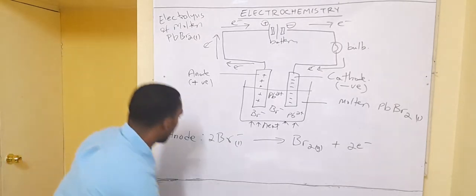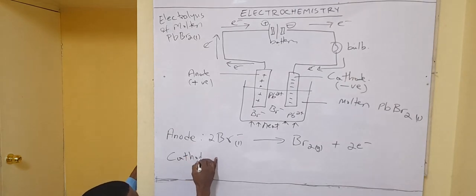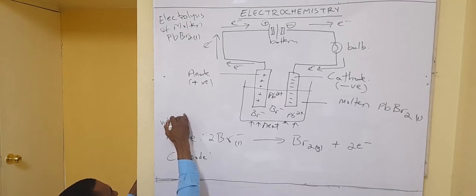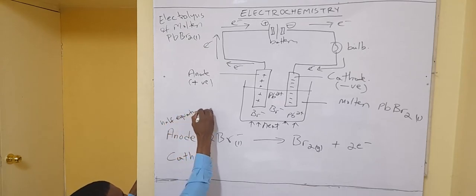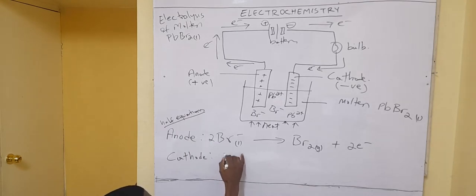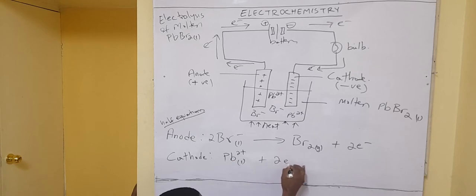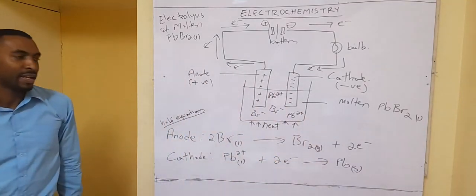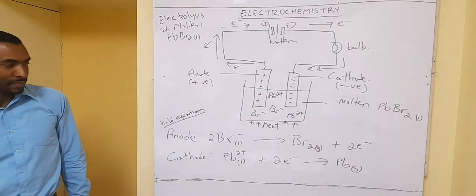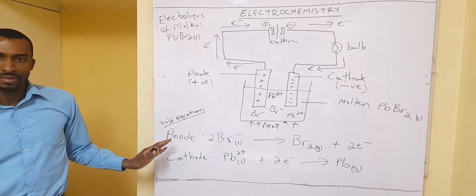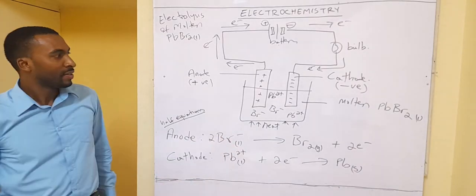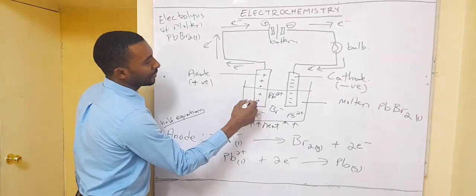Clear? Well, at the cathode, these are half equations that you have to remember. So we call these half equations. It's going to be Pb2+ liquid plus 2 electrons giving Pb solid. So that is the half equation taking place there. Now remember that in this case, we only have Br- anions and Pb2+ cations, right? So what's going to take place here is that at the anode, you'll have